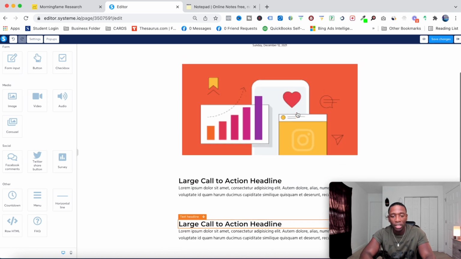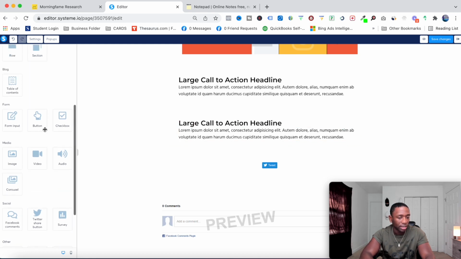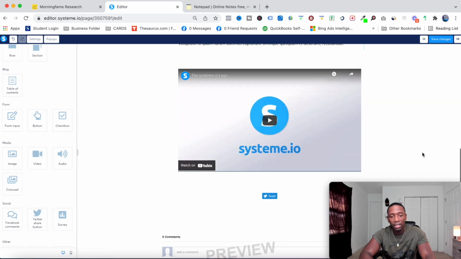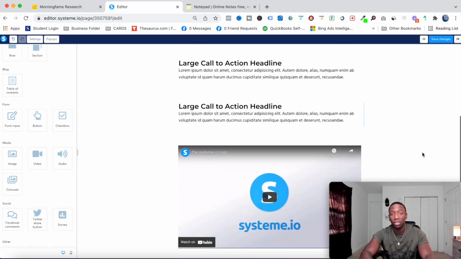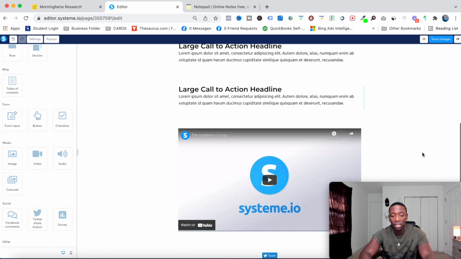or if I decide to put a video in there, right? So let's say I'll go ahead and I put a video after this second text. So let's say, boom, I dropped the video right there. And boom, we literally got a video in here. Notice I'm not using any code or anything. It's literally just drag and drop and my blog is coming together just like the one I showed you earlier.